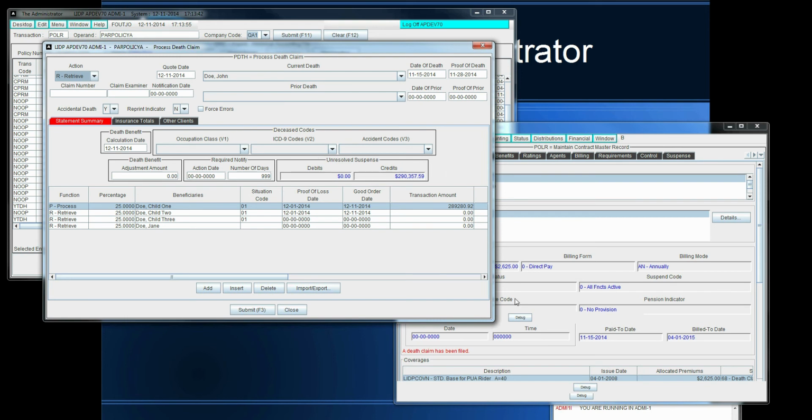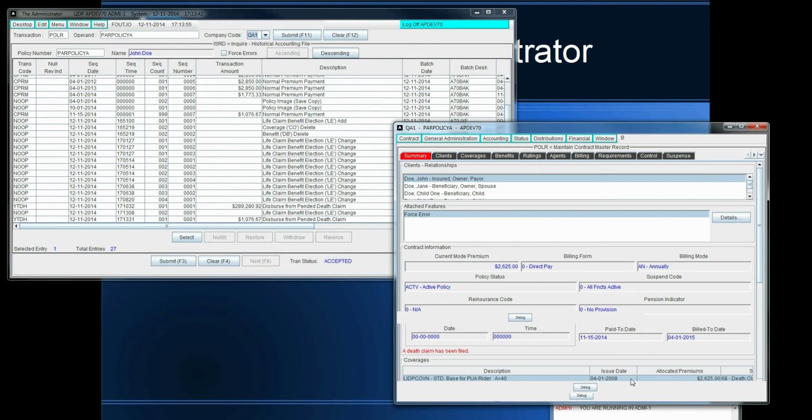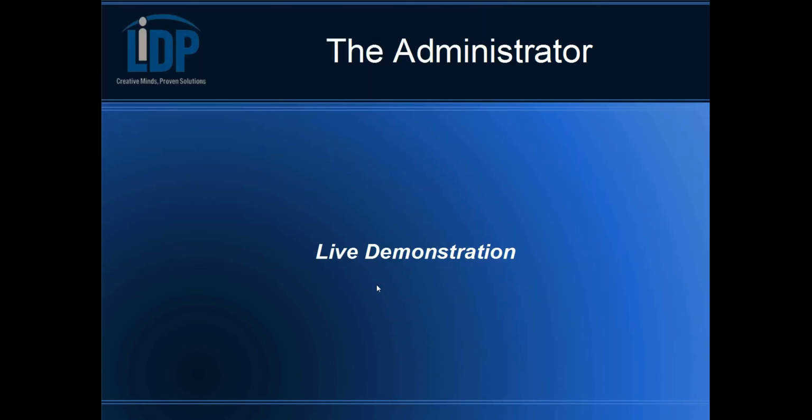Eventually, once the last beneficiary is paid out, the status of the policy would change to a 92, terminated by a death claim, and we'd be finished. But I'm not going to do that for purposes of this demonstration, because this has been plenty long as it is. So, all that being said,